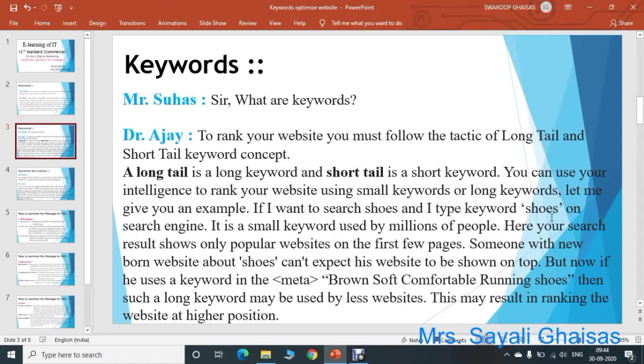by typing "shoes" only, because it is a small keyword used by millions of people, and this results in popular websites only. Someone with a newborn website about shoes can't expect his website to be shown at the top. Suppose we have developed a new website and started business recently, so we are not well established yet. For that, if a user types "shoes", your website will not be visible on the first few